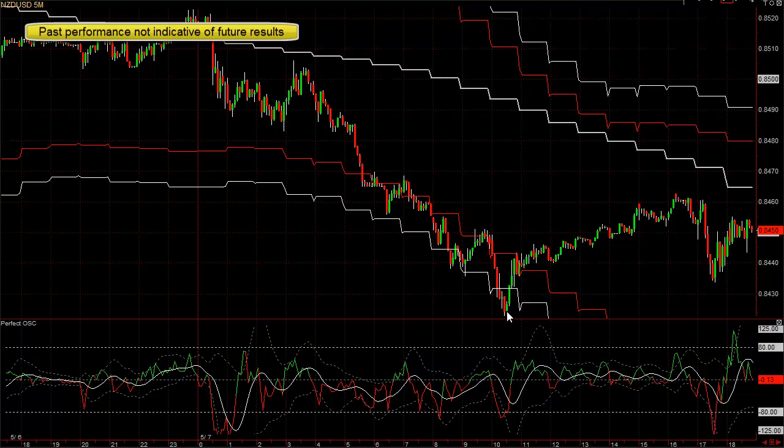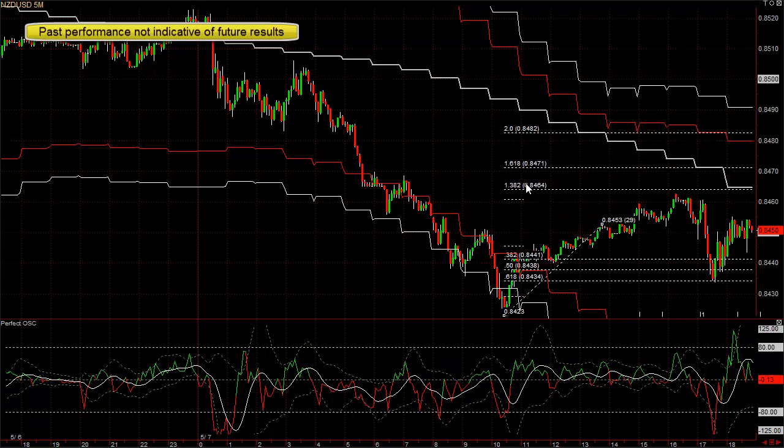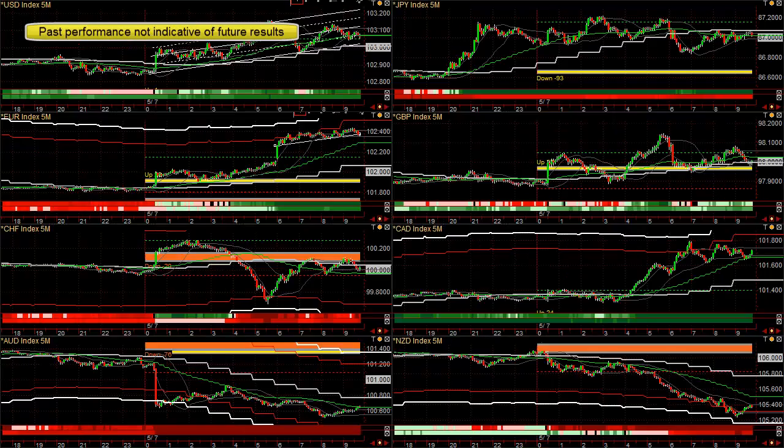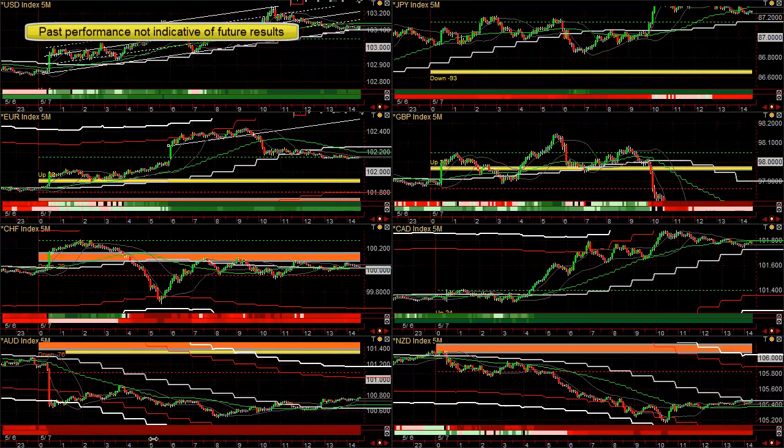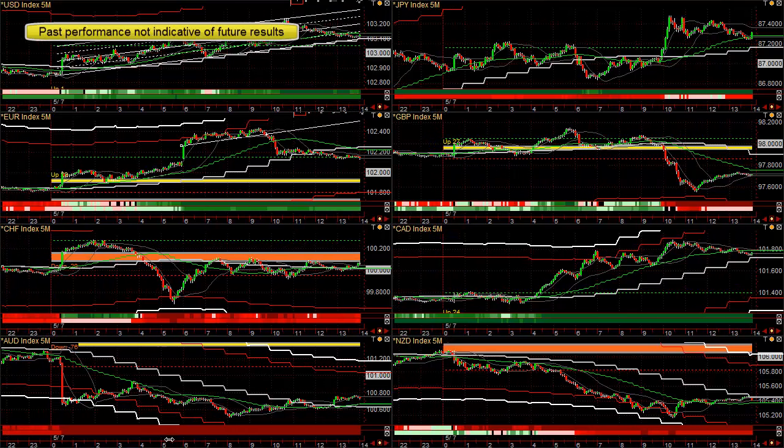Most of the time, if it does make some kind of a move up, if you draw your fibs on there, it'll work its way up to the first or second fib target, and those are excellent places to get out of your counter trend trade and go back into the direction of the trend. But basically, in a nutshell, you want to buy the strong ones versus the weak, and get into these trades on pullbacks. The CAD's an excellent one, very strong, continuing trending up currency. Draw this on the chart,